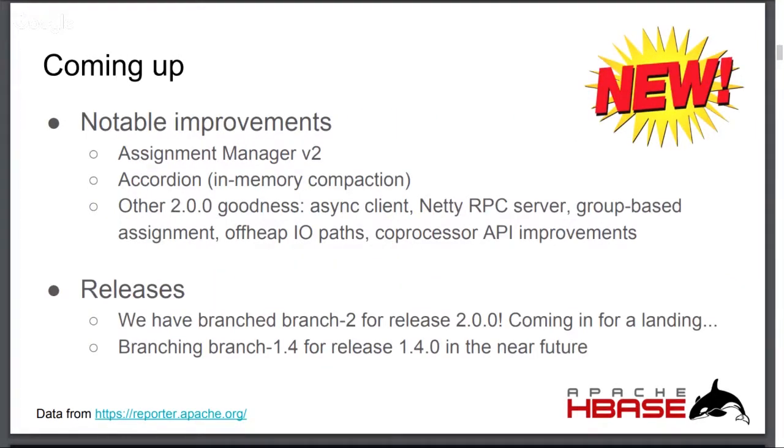So coming up, I would be remiss not to highlight all of the notable improvements in 2.0. We just branched this past week for release 2.0.0. Stabilization now begins in earnest. 2.0 contains so many things. I have a hard time even coming up with the list. So, thankfully I can save myself by looking at my slides. There's the assignment manager version 2 based on the procedure version 2 framework. Something called accordion, which is a fantastic in-memory compaction enhancement, and many other goodies like